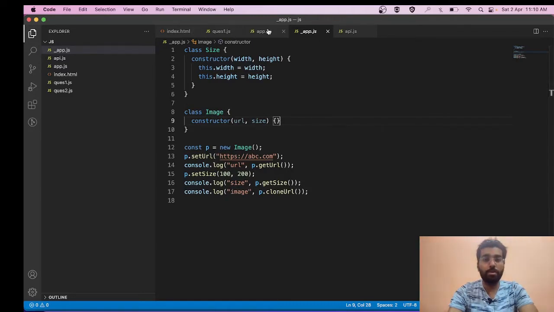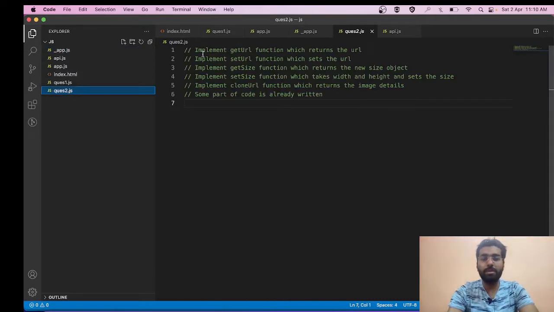If I talk about the question, these were the tasks that we need to perform. We need to implement the getURL function, which will return the URL, setURL, which will set the URL, getSize, which will return the new size object, setSize, which will take width and height and set the size, and cloneURL, which will return the image details simply.